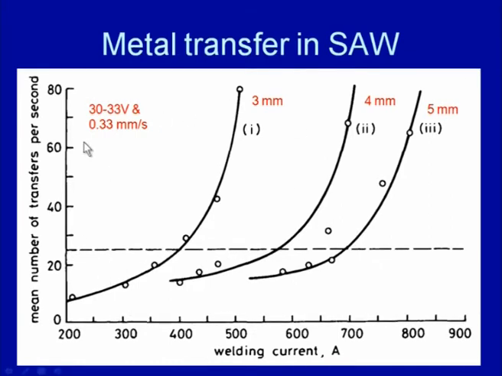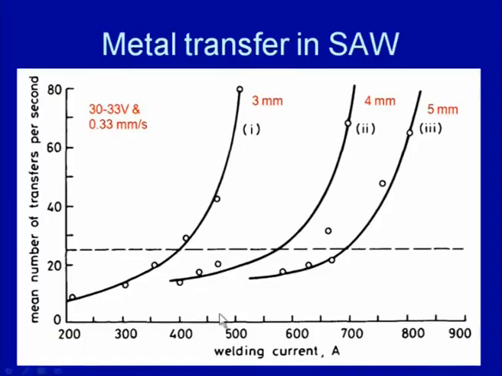So, if we see for given conditions, in general an increase in the welding current decreases the size of the drop being transferred. So, for low current, large diameter drops are transferred. At the same time, the number of drops being transferred per unit time is also significantly affected by the welding current. If we see here the current setting for the welding